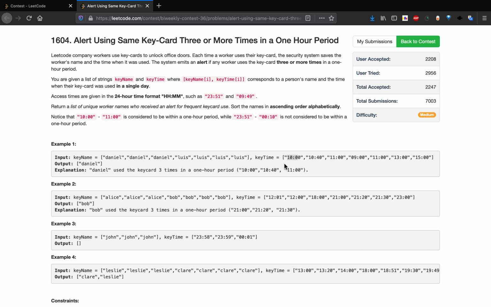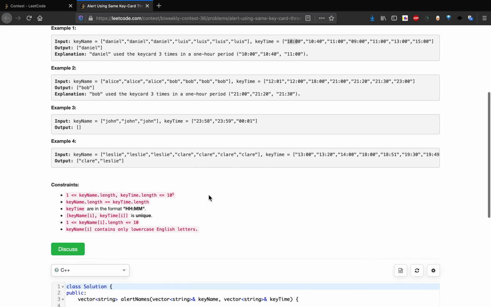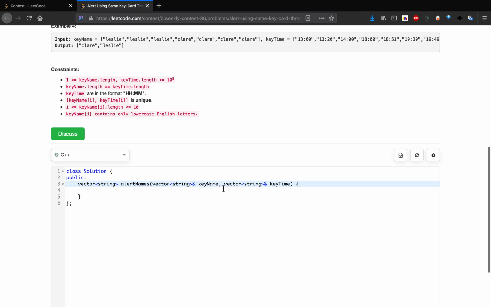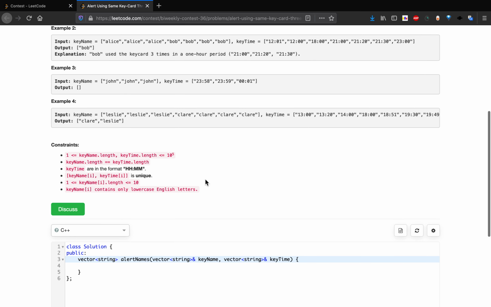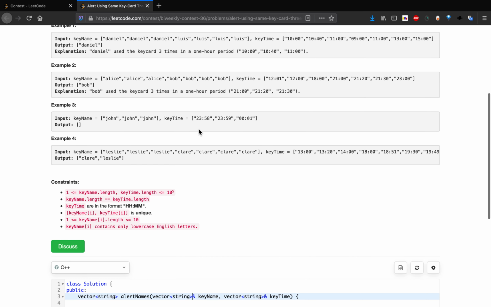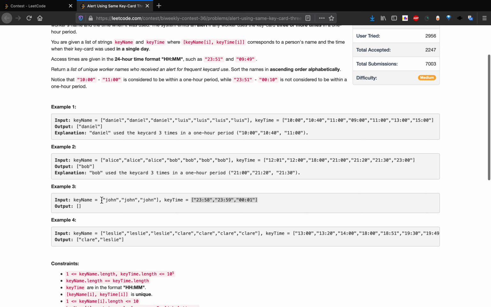So first we iterate over the vector given in the input, and we store it into a map: for each corresponding employee, what are the card usage times in minutes. Okay, now we sort this vector of times for each employee in ascending order, because the time is not given in sorted order. And let's see, for the sample input test 3, here we have John, and the input is 2358,